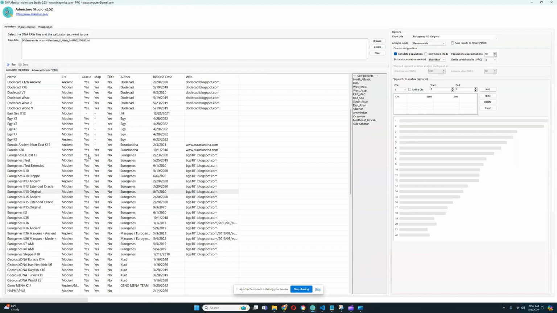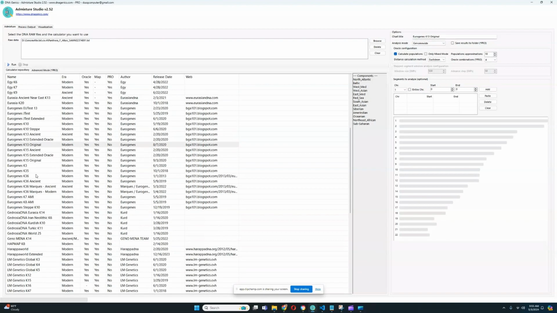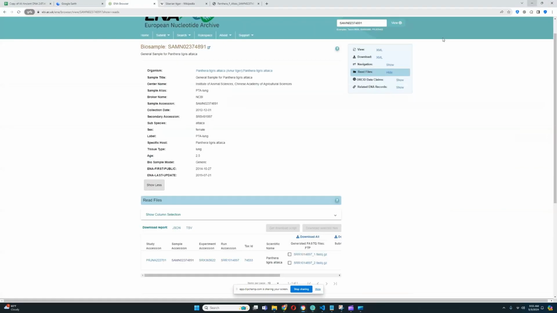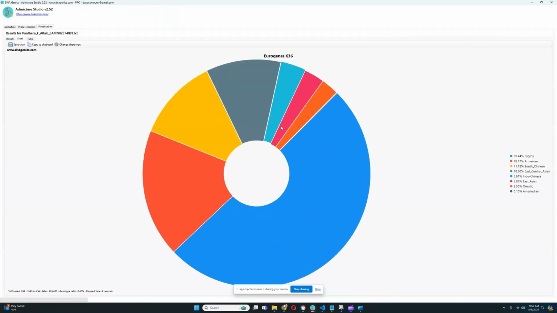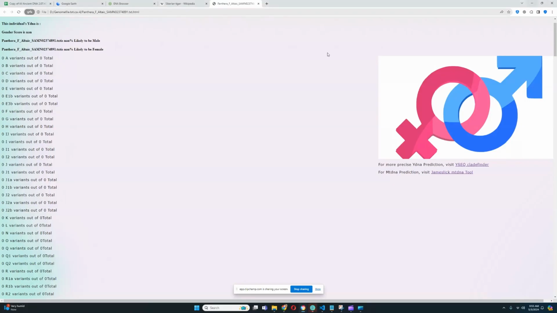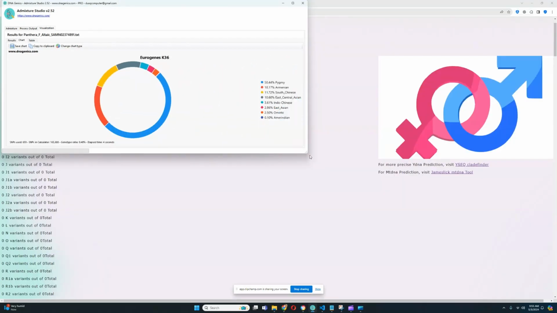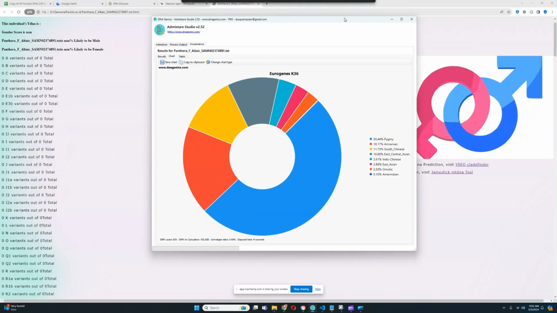Okay, so let's see what she scores with Eurogenes K36. I'm not even going to do calculated populations because you don't need calculated populations for K36. You don't really need that for that. And let's see what she scores with my own tool. So for Eurogenes K36, let's minimize that a little bit. Okay, so she's scoring